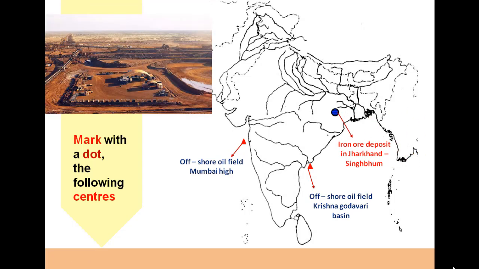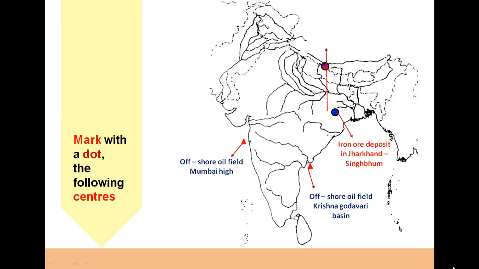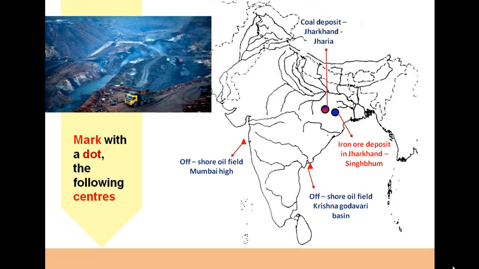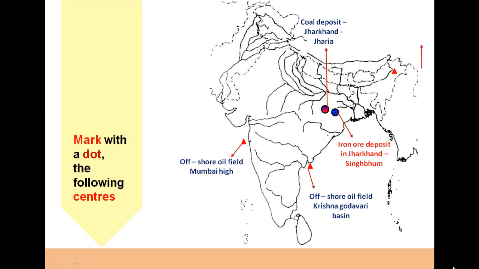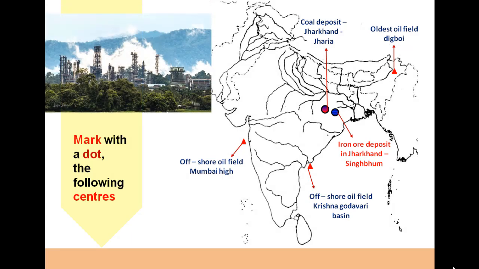Largest deposit of iron ore in India, Singhbhum, located in the state of Jharkhand. It has the main deposits of iron ore. Largest deposit of coal in India is Jharia Coal Mines. The state of Jharkhand holds the first position in coal production as well as coal reserves in India. The oldest oil field in India, Digboi, is India's oldest continuously producing oil field, in Assam. Digboi Refinery is now a division of Indian Oil Corporation.